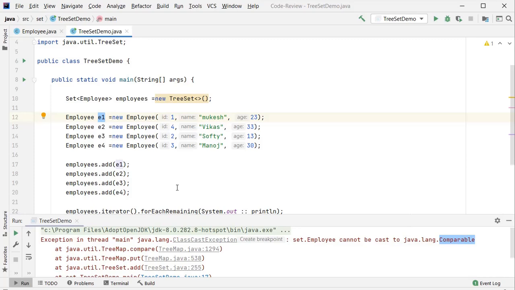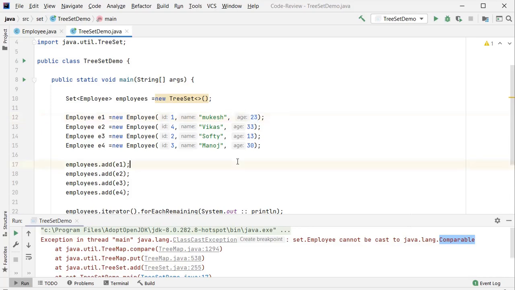This is a user defined object and it has three parameters: id, name and age. So in this case, Comparable cannot identify on which parameter to provide the sorting, by id or name or age. In this case, we got this error.